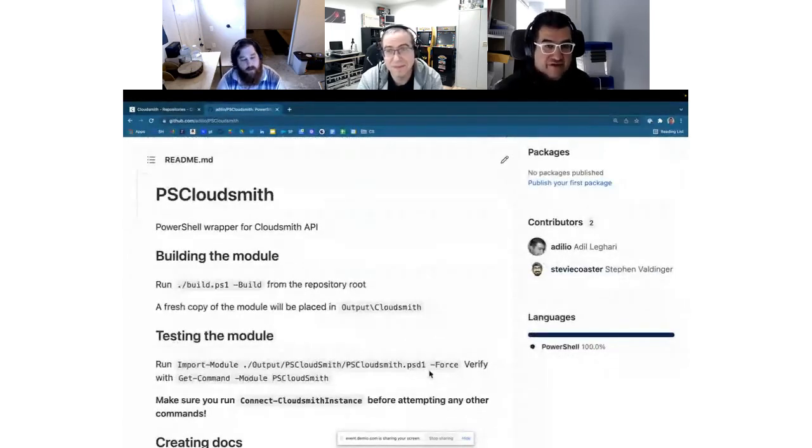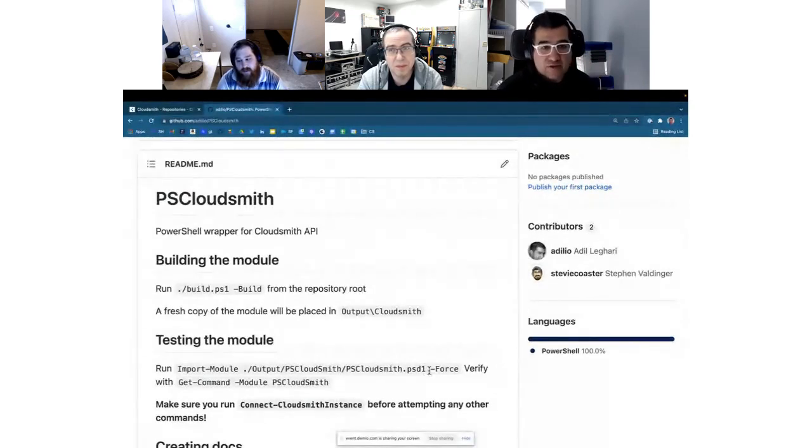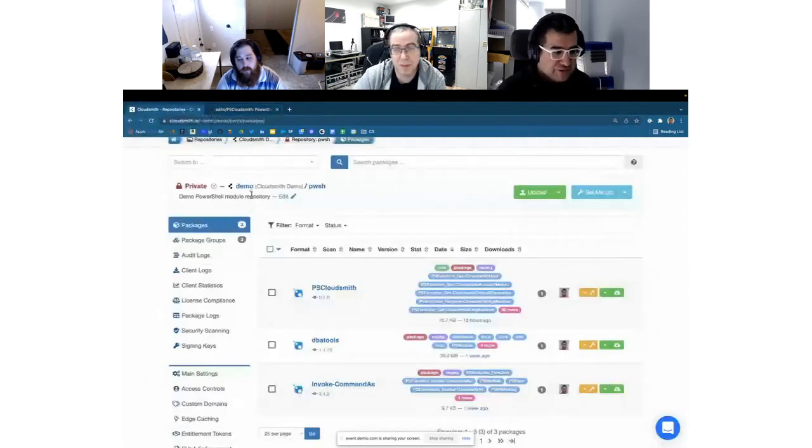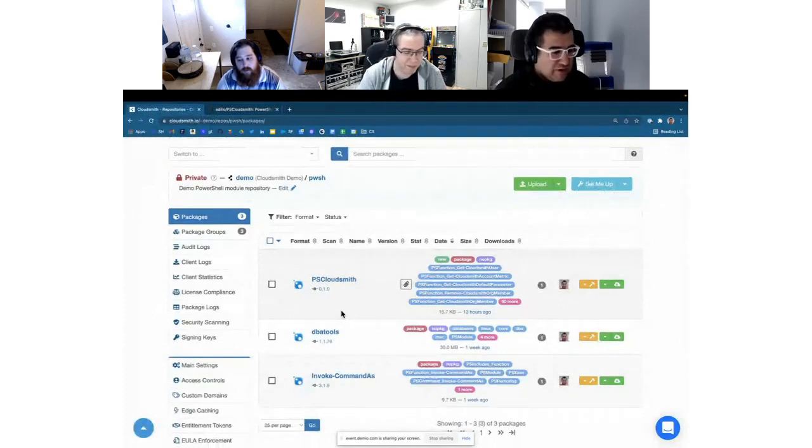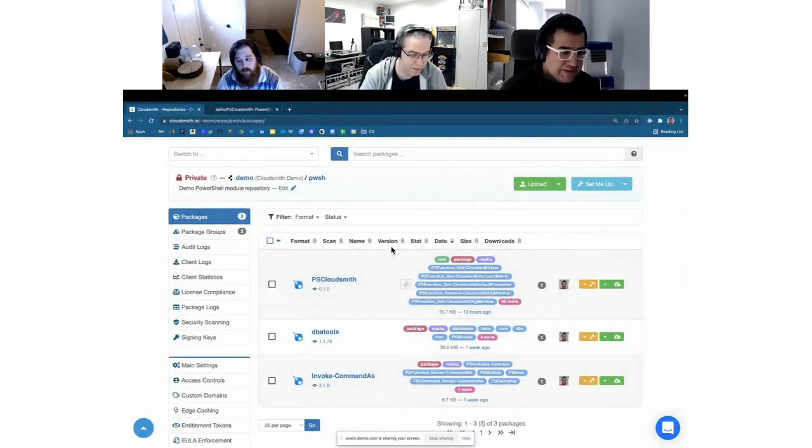So a lot of the stuff you can do with the Cloudsmith CLI now you are able to just do natively using a PowerShell module. So you can pull down this module. Again, we're working to make this available in the PowerShell gallery as well and be able to make your standard calls that you were able to the API in the PowerShell fashion. So I will show all that off in a second, just a little bit, but these are the packages I